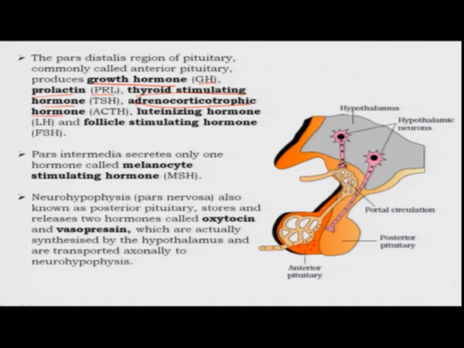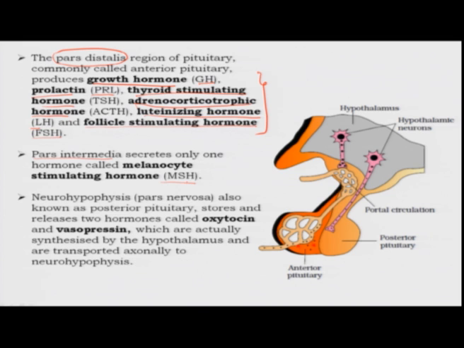Adrenocorticotrophic hormone called ACTH, luteinizing hormone called LH, and follicle stimulating hormone abbreviated as FSH. So, these are all of the hormones that are secreted from the anterior part of the pituitary, the pars distalis part. Now, another hormone is also secreted from the anterior pituitary, the pars intermedia part, and this is called melanocyte stimulating hormone, or